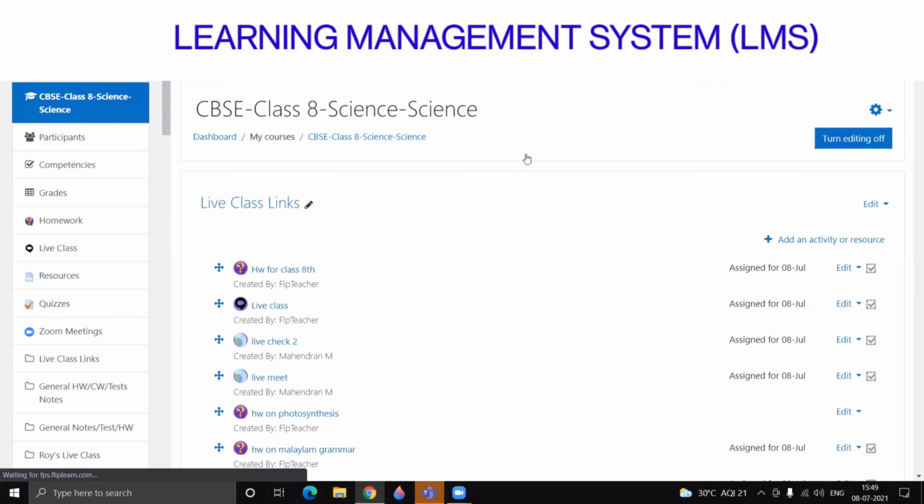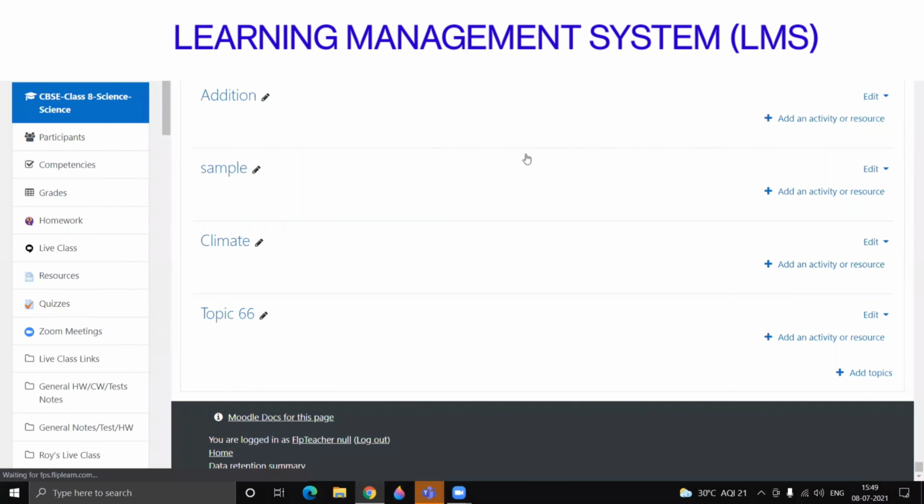so the teacher can rename the chapter. She can add different resources to the topic which is created. So the teacher has 3 ways of adding content to that same chapter or any chapter which you want. That is, you can pick content from FlipLearn, you can add your own resources which you have created, and you can add content from YouTube also.